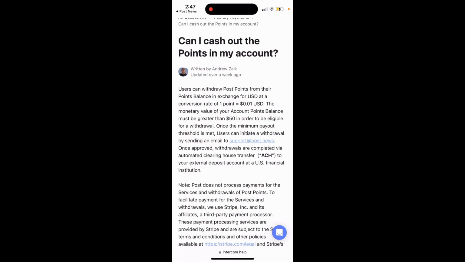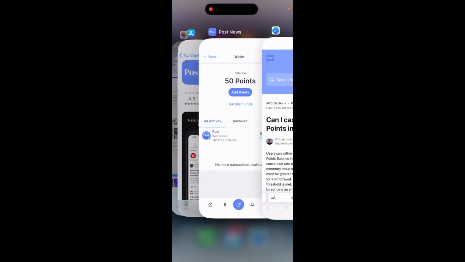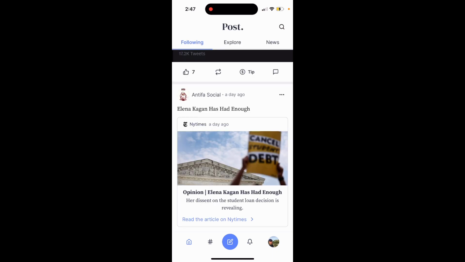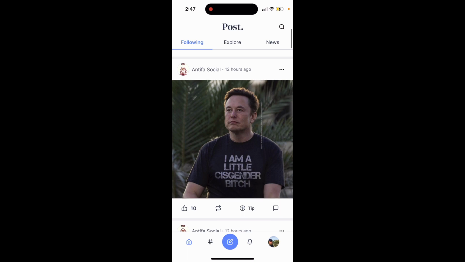Once the minimum payout threshold is met, users can initiate a withdrawal by sending an email to support@postnews. Once approved, withdrawals are completed via automated clearinghouse transfer to an external deposit account at a U.S. financial institution. So it seems it's working, and this app is focusing a lot on monetization, that you want to pay creators to see their content,